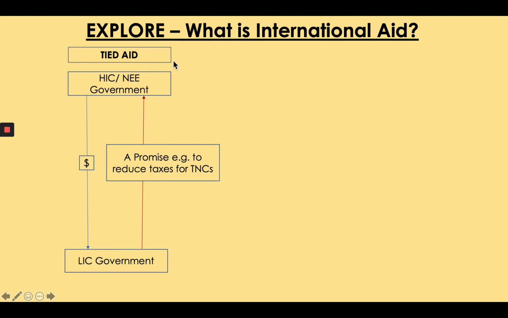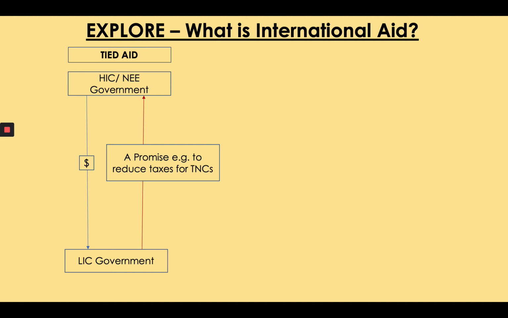Now, here's why tied aid is so controversial. Because in the past, governments of HICs have often used tied aid to get what they want out of the LIC. For example, suppose an LIC government needs aid from an HIC government to deal with a drought, which has killed lots of the crops in that country. And as a result, has put the country in debt and has meant that it is in a desperate state. The HIC government offers to help, but in return it says,